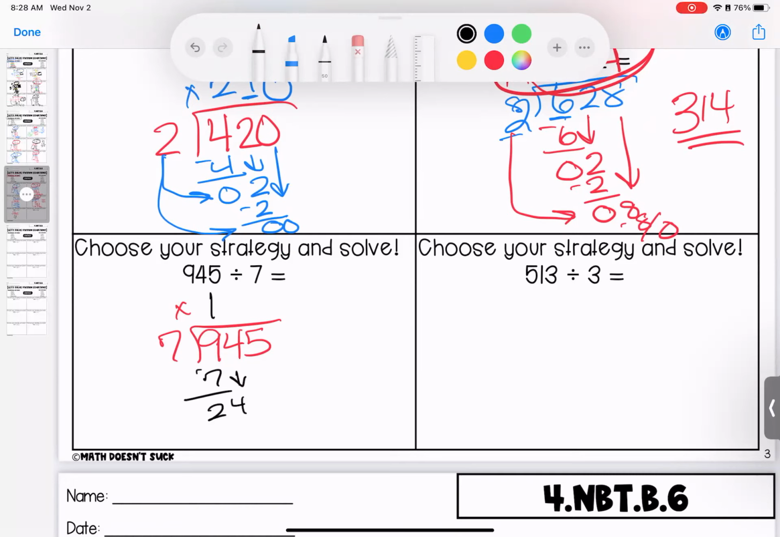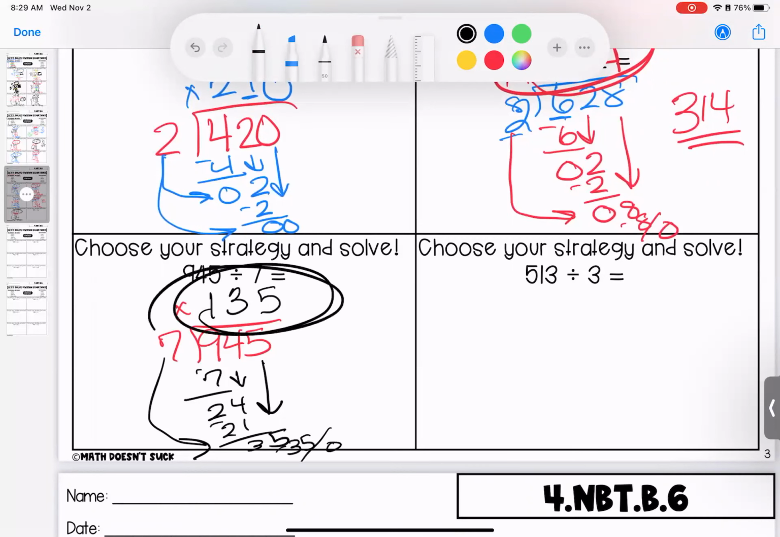We have a 4. Does 7 go into 24? Yeah, closest we can get is 3 because 3 times 7 is 21 and we subtract for 3. Bring it on down. Last one. Does 7 go into 35? Absolutely. It goes in 5 times, which gives us 35. We subtract for 0. Our answer is